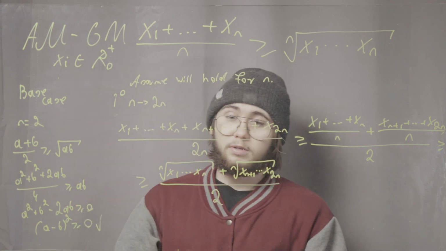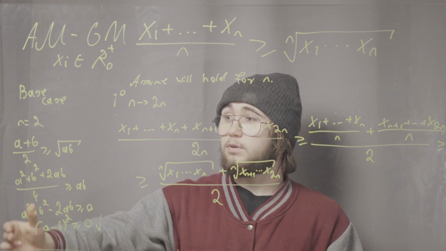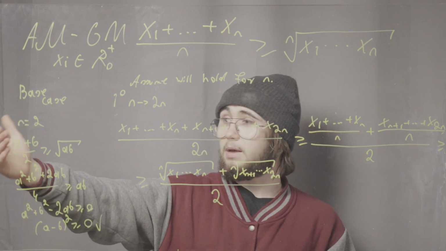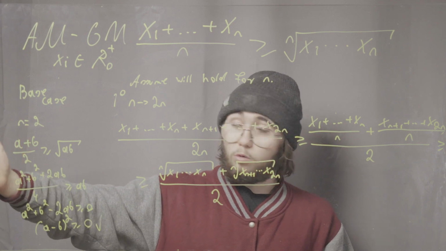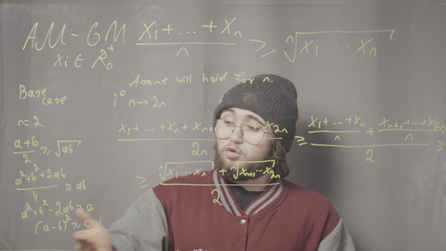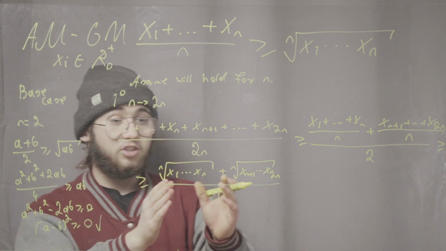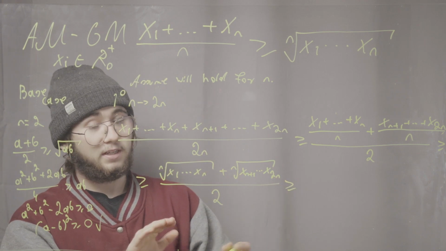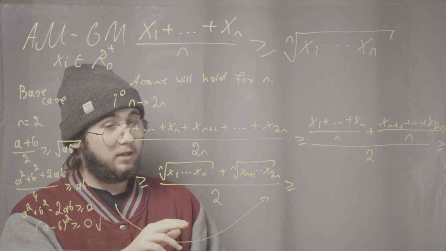And so what we can do here is recall that we actually proved the base case of n equal to 2. We proved by hand that for all possible numbers in the domain of the problem, this is true, for every single pair of numbers, and this is just a pair of numbers, and so we can say by the base case, I'm going to write a nice arrow here so everybody knows that this is by the base case,